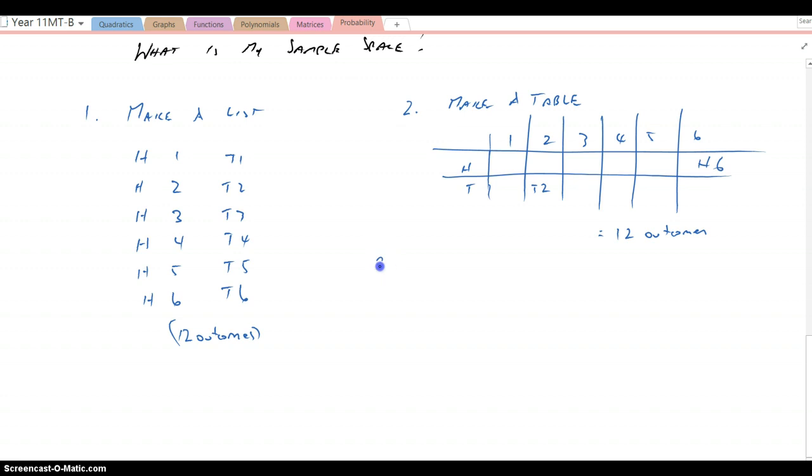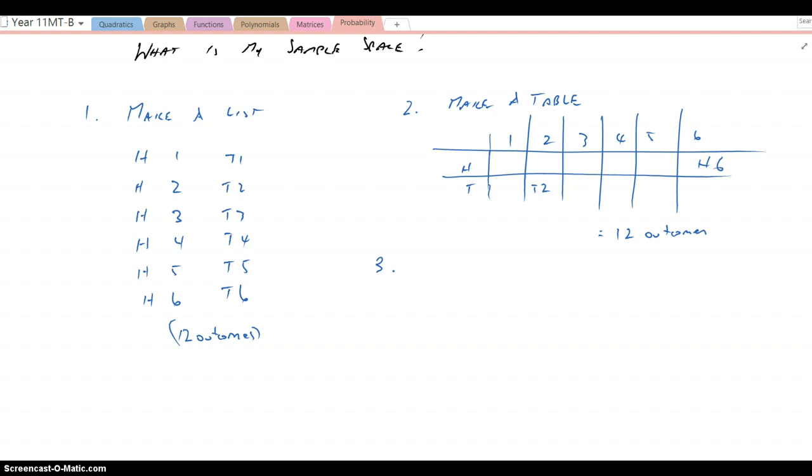And once we've got all our outcomes down, once we've got our sample space in front of us, it becomes really straightforward calculating the probability of one of those, or multiple elements of your list or table, working out what the probability of those events are. So for instance, over in our list, we could easily see that the probability that it's a tail and an odd would be, we'd circle those as tail 1, tail 3, tail 5. So there'd be 3 out of those 12 would satisfy our condition, and so the probability of that event occurring would be 3 in 12.